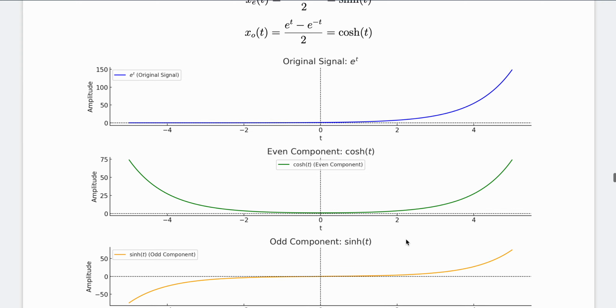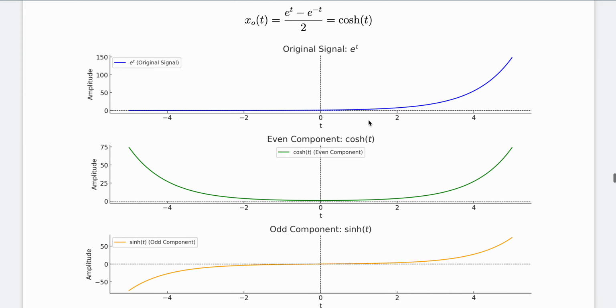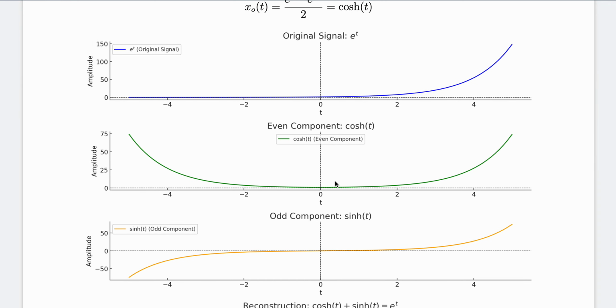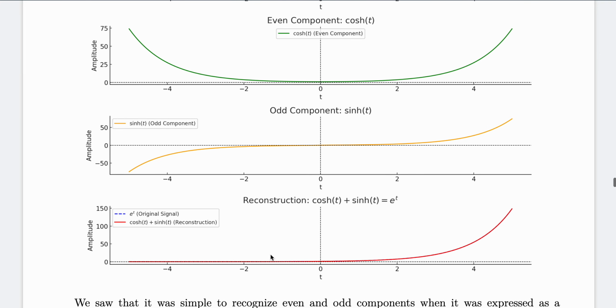So we can see that the signal e to the t can get decomposed into even and odd functions, and they're kind of cool. They're not so obvious. And if we graphically add up hyperbolic cosine and hyperbolic sine, we can synthesize this original signal again by looking at the odd and even components, which is super cool. All right,